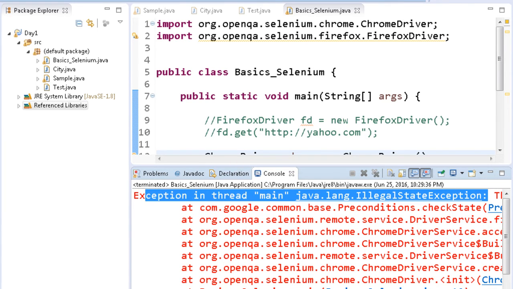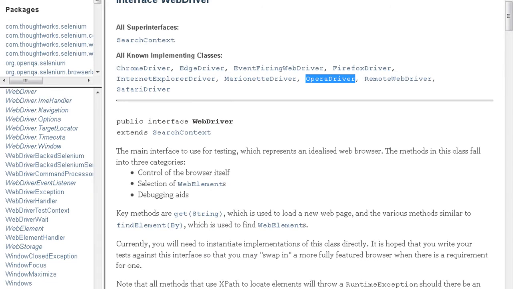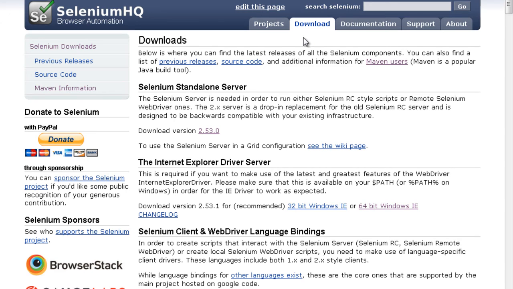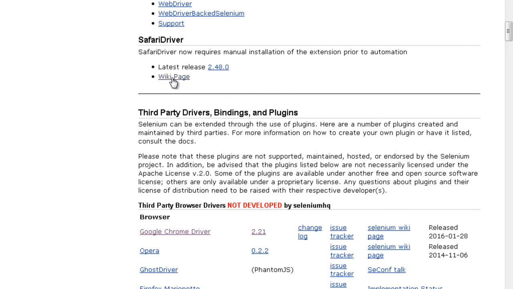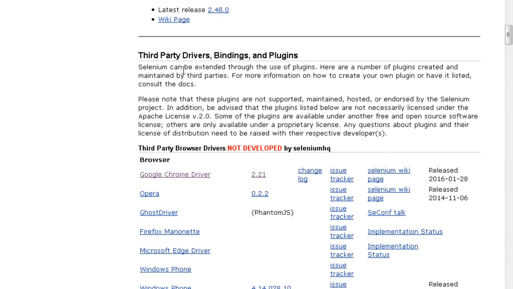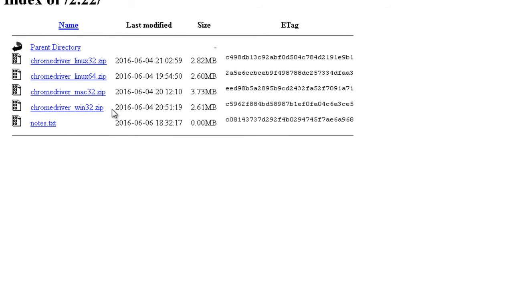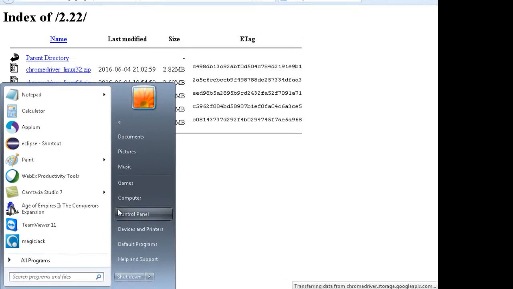What you need to do is that in case of Chrome, you need to go under the download section of Selenium HQ and download this third-party driver. This is the Google Chrome driver. You click on this latest, click on the next link. Now over here, if you have a Windows operating system, you can download the corresponding zip file. If you have a 64-bit OS, you can download the 32-bit zip. That's not a problem. Once you download it,